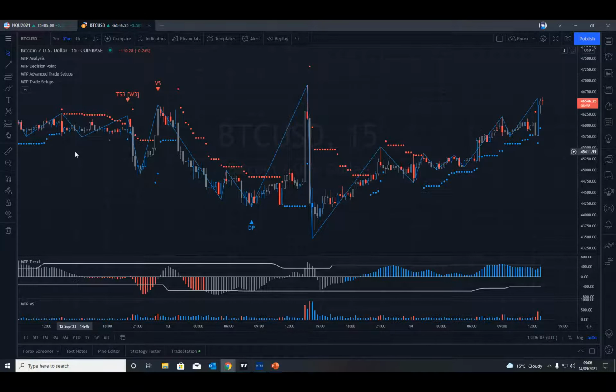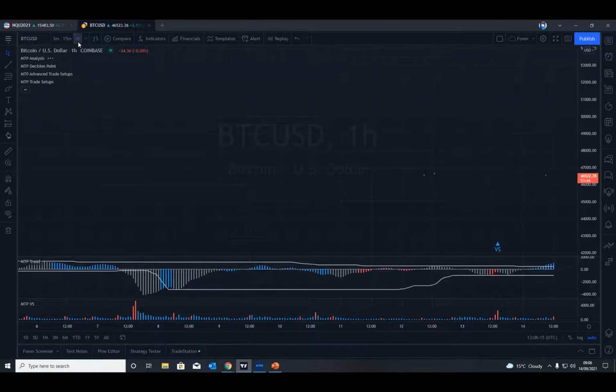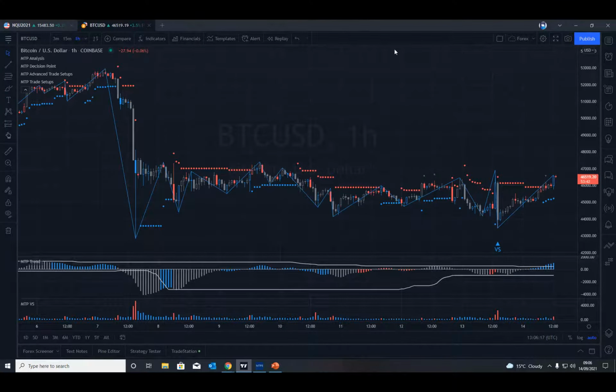If you're, say, trading daily stocks, the higher time frame will be the weekly. Whereas I'm looking at Bitcoin here in TradingView and looking for setups on a 15-minute chart. So the next logical time frame up would be the hourly. So we look for time frames between 3 and 5 time frames higher. So how do we do this?